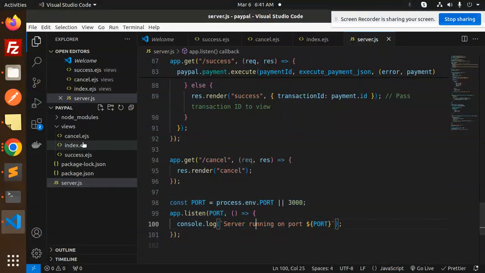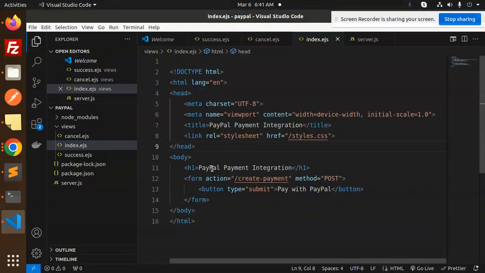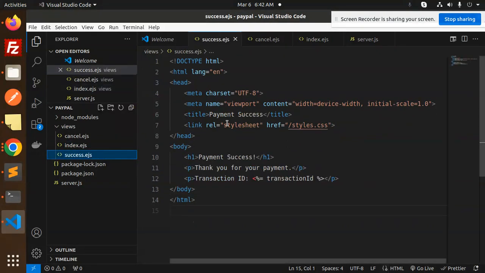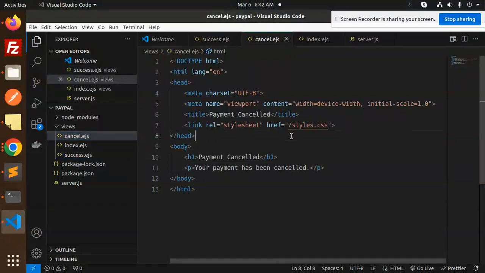We have this index.ejs file where we have the create payment, and this is a button. When I click on this one, this create payment API will be called. After this, it will return the URL, then it will redirect. After the redirect, we have a success URL, right? When we go to the success URL, it will hit that one, and it will give you the transaction ID of that one. And the last one is cancel.ejs, nothing on that one. So this is how you are able to do the PayPal gateway integration in Node.js